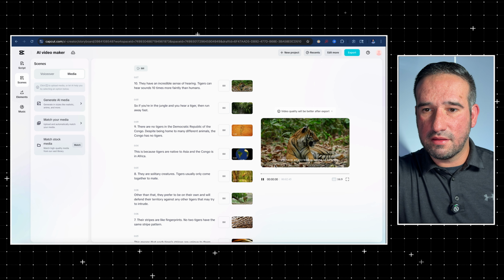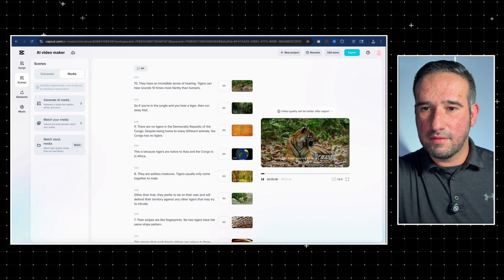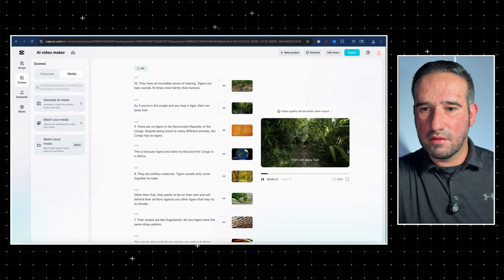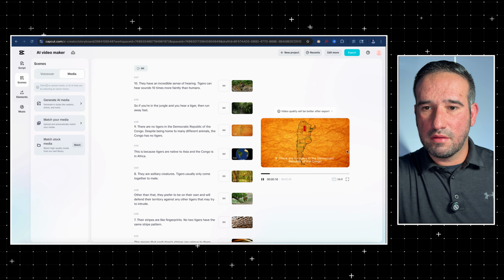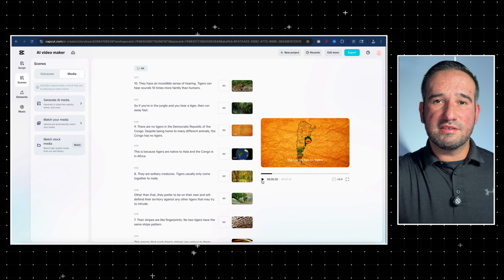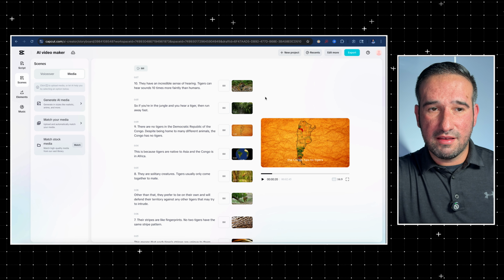10. They have an incredible sense of hearing. Tigers can hear sounds 10 times more faintly than humans. So if you're in the jungle and you hear a tiger, then run away fast. 9. There are no tigers in the Democratic Republic of the Congo. Despite being home to many different animals,